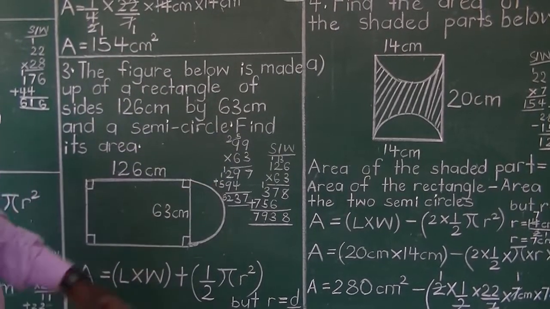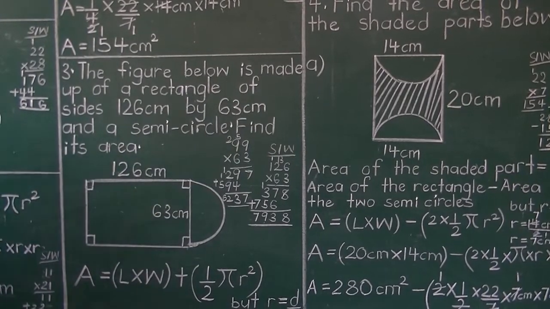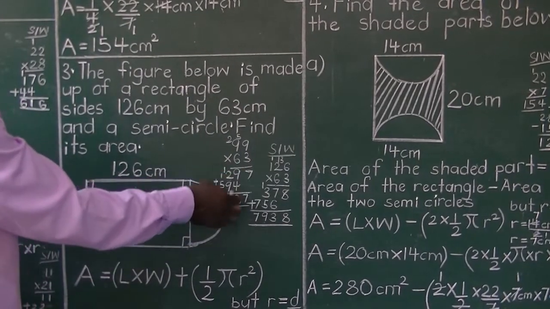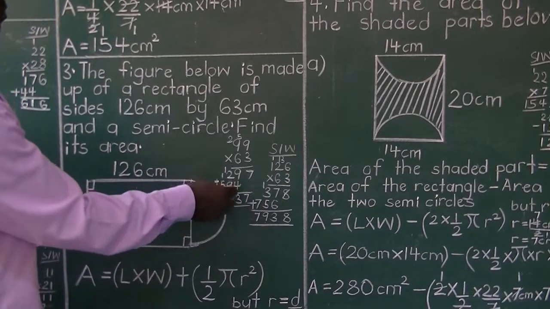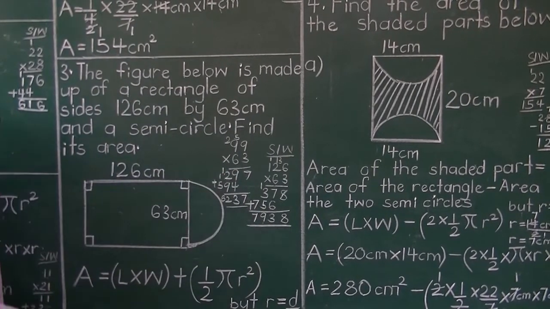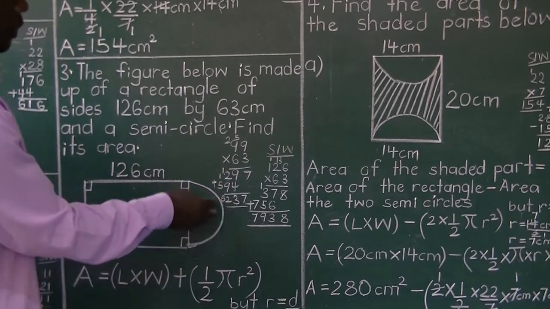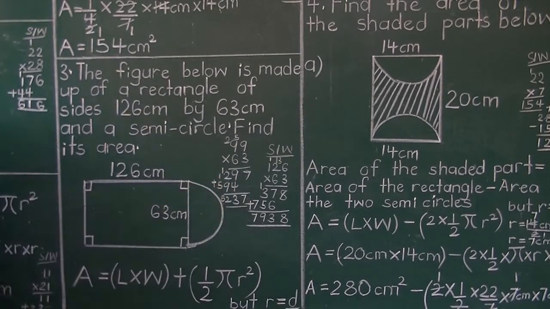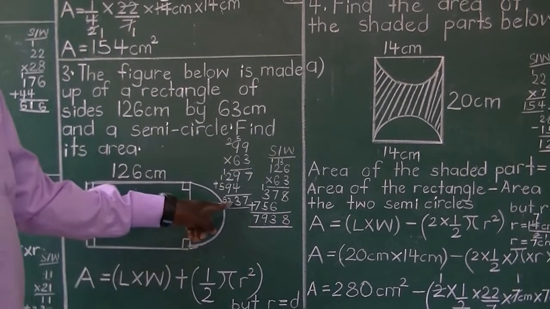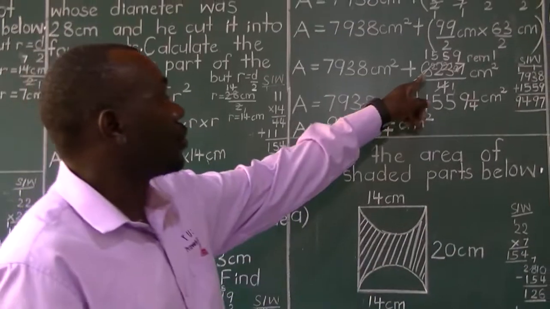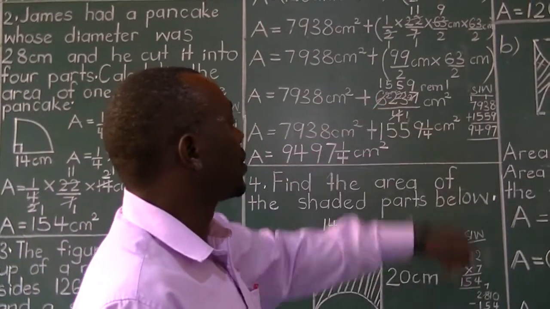You get 59. That's why I have 59 here. And then add here 7, where 9 plus 4 you get 13. Write 3, group 1. And then I've got 1 plus 2, 3 plus 9, you get 12. Write 2, regroup 1, 1 plus 5, you get 6. So that 99 times 63, you get 6,237. That's why I have it here, 6,237.